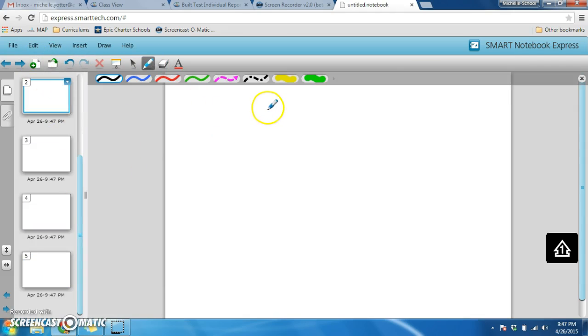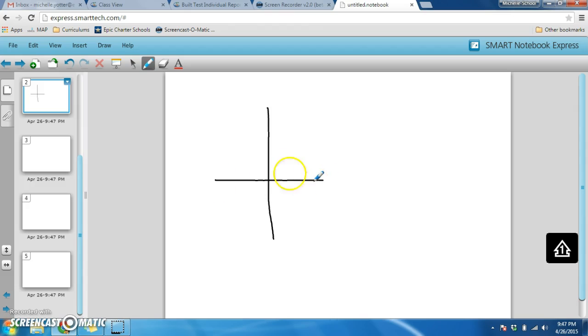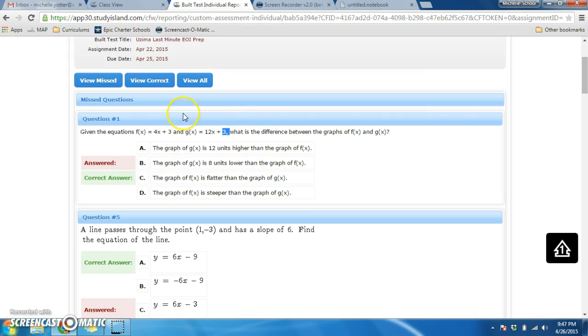Okay, because they both have plus 3, they're both going to cross right here. But one of them goes up 4 boxes and over 1 box, and the other goes up 12 boxes and over 1 box. The bigger the number, the steeper